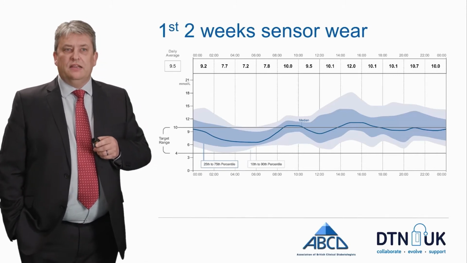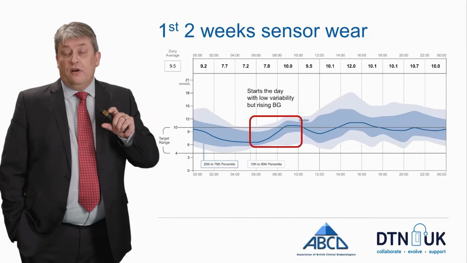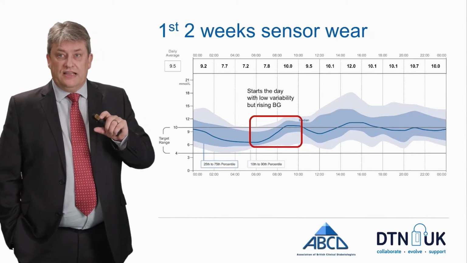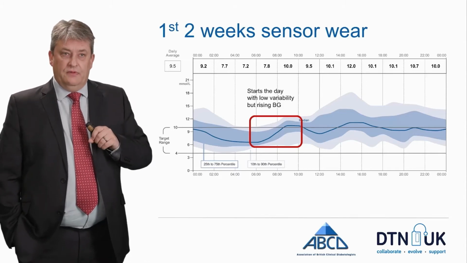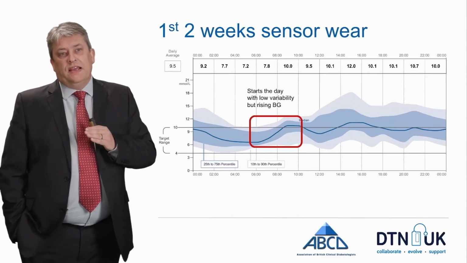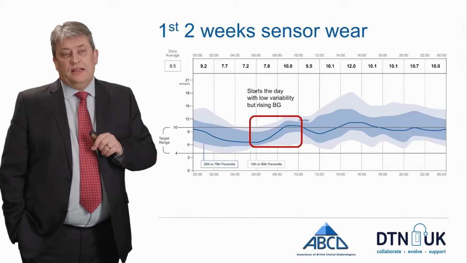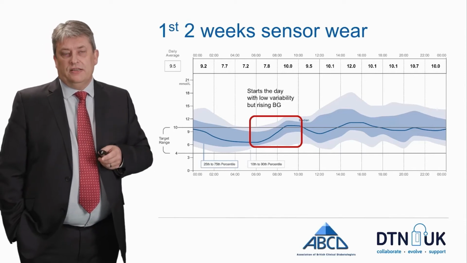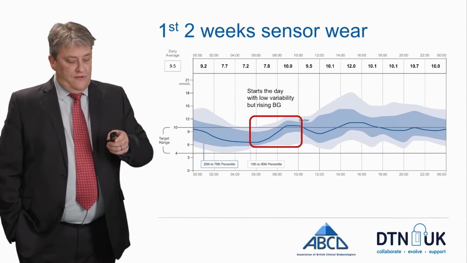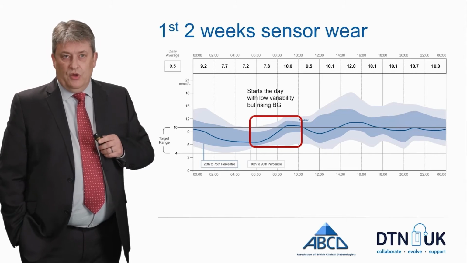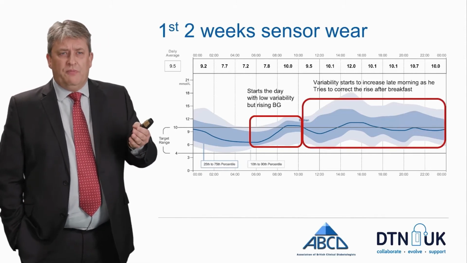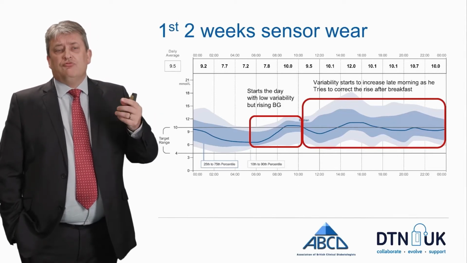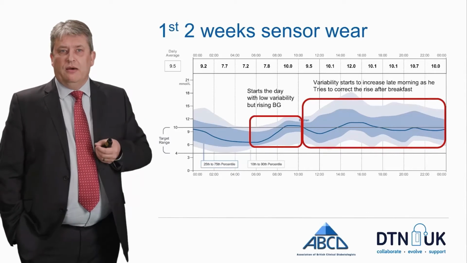So when he wakes in the morning, actually the profile is quite narrow, and for the vast majority of his waking, sugar levels are exactly at the target he'd like them to be. We can see that through the course of the next few hours, the profile remains quite narrow, so variability is low, but fairly consistently with a rising glucose level. For the remainder of his day, what we can see is that the profile from about mid to late morning onwards becomes much wider and is running slightly higher than it was when he woke up.